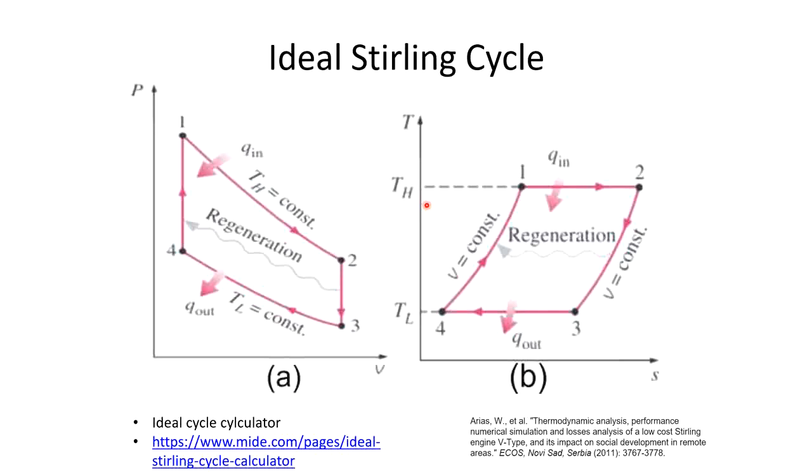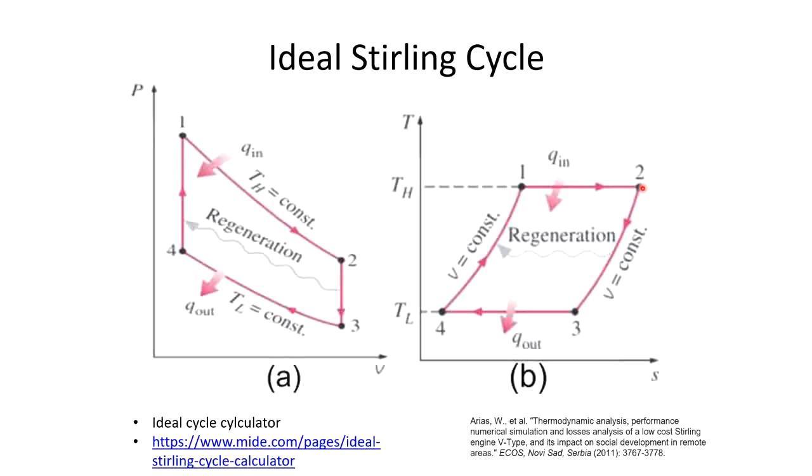Now here we have the ideal thermodynamic cycle of the Stirling engine in the PV and TS diagrams. In the PV diagram we can see that there are two changes that are isochoric, taking place at constant volume, and then, for example, in the TS diagram we can see that the other two changes are isothermal. So the isothermal change, you know it, for example, from the Carnot cycle. And the isochoric change, if we have ideal gas with constant specific heat capacity, or heat capacity very similar at different temperatures,